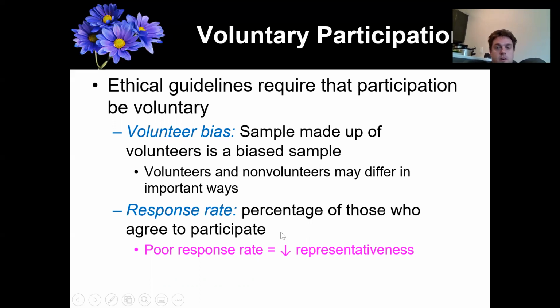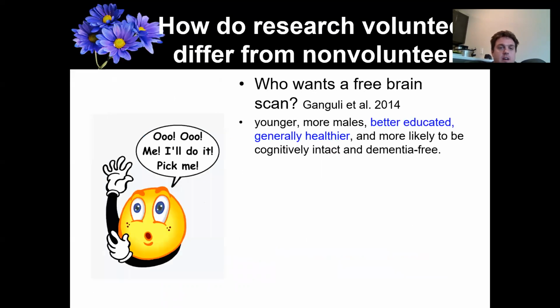So in general, when you have a poor response rate, meaning again, not many people are agreeing to do your study, that's going to affect your representativeness usually. It might be random, but it usually isn't. Usually it means that it's less representative. So we have the idea in our head that those who volunteer for a study, especially if not many people are volunteering, could be different from the general population. So let's look at some examples of that.